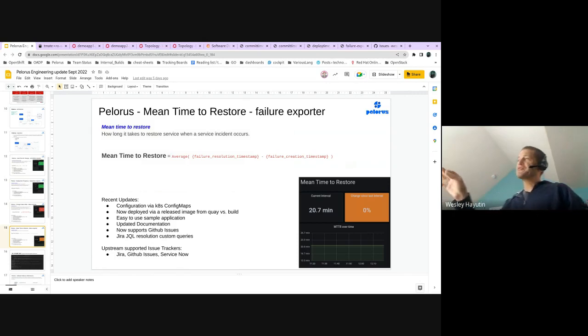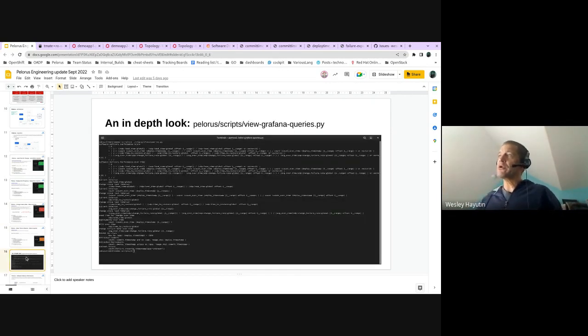The mean time to restore, we take that bug resolution timestamp minus the creation timestamp, and then take the average for that interval of time. Same backends supported here. If you want to look a little bit more in depth at the actual Prometheus queries